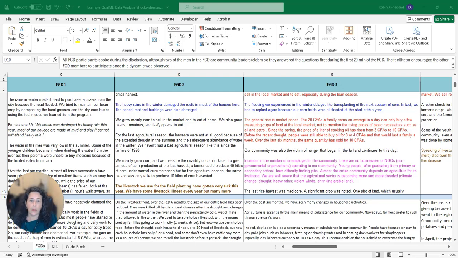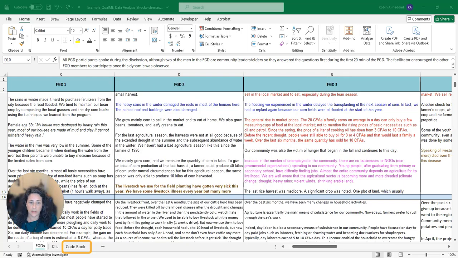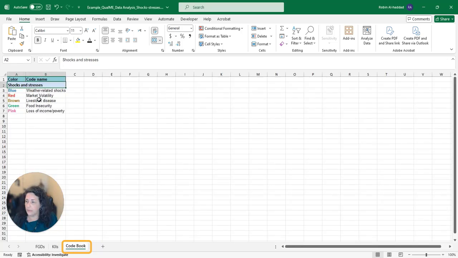No matter what color coding method you choose, you will want to develop a coding frame and then document it in a code book. A code book provides standardization to your research and is simply a reference book of all the codes that you use in the research and any supporting details that you want to use to describe what the codes are intended to represent. You can simply create your code book on another tab in your worksheet.